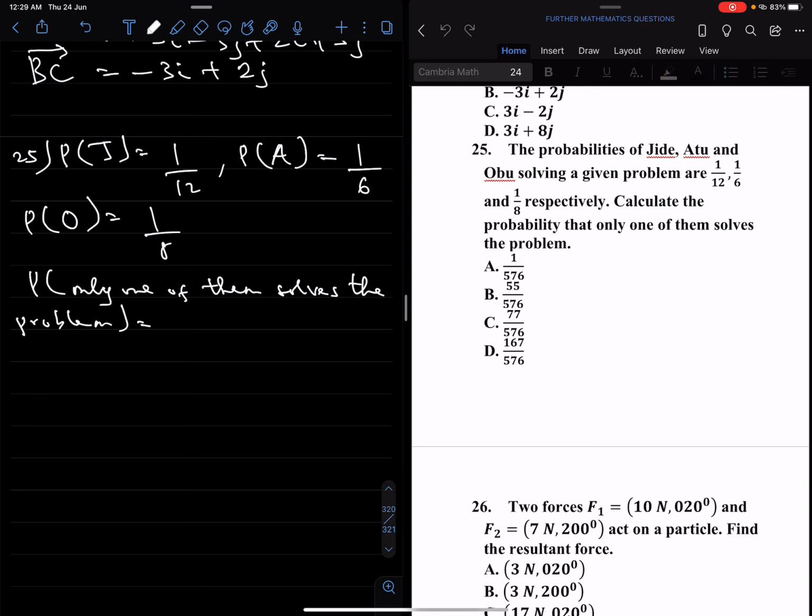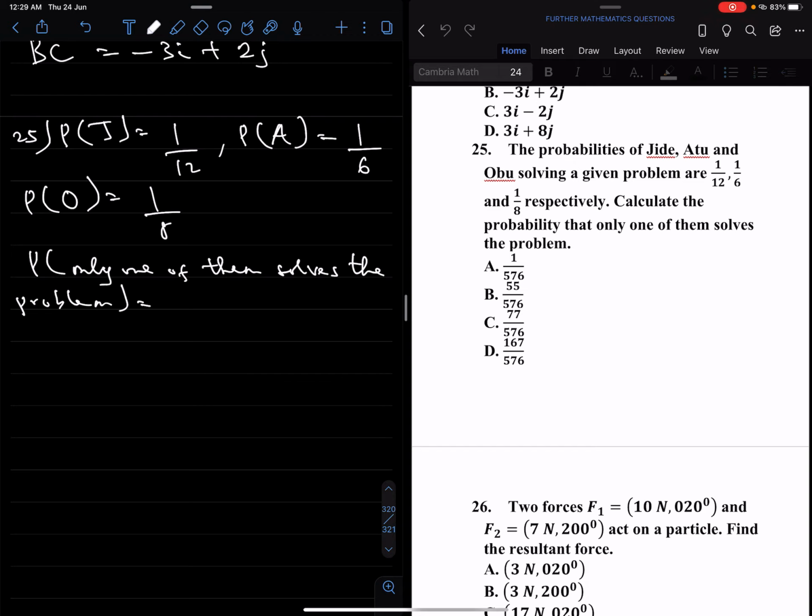is the same as the probability that only Jide solves it, which is 1 over 12 times the probability that Atu doesn't solve it, and that's 1 minus the probability that Atu solves it, which is 1 minus 1 over 6, times the probability that Obu doesn't solve it, and that's 1 minus 1 over 8, which is 7 over 8, plus,